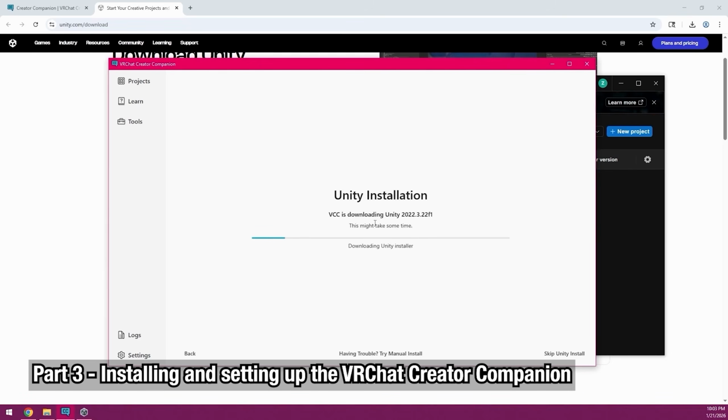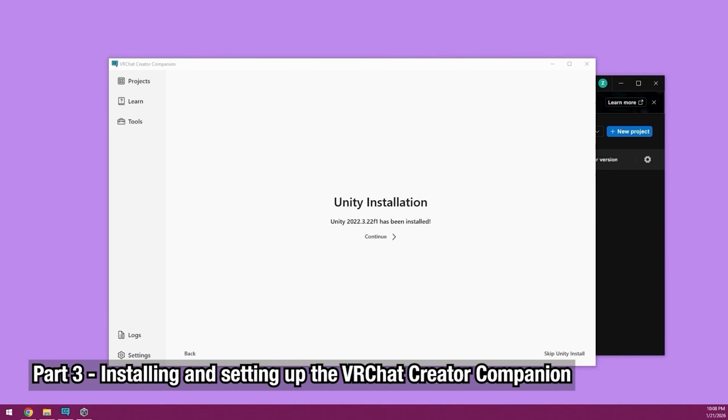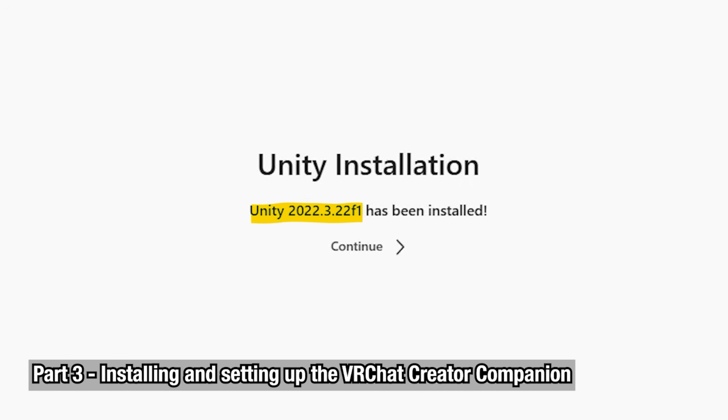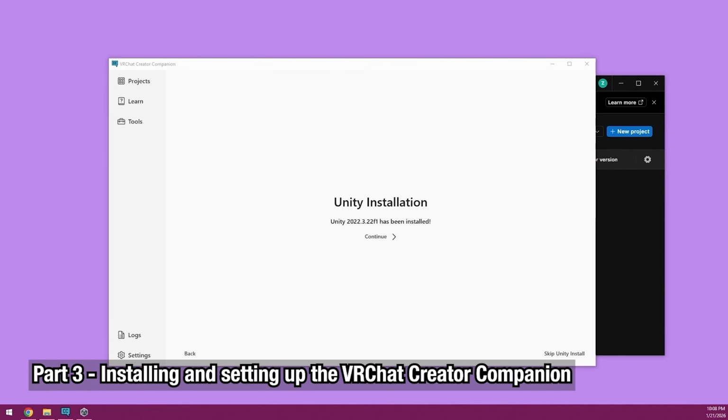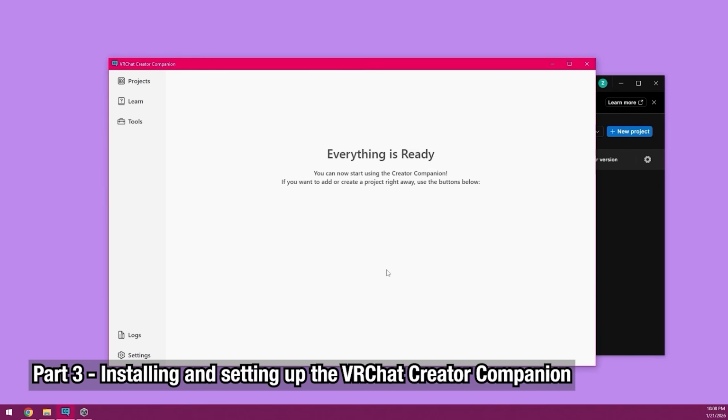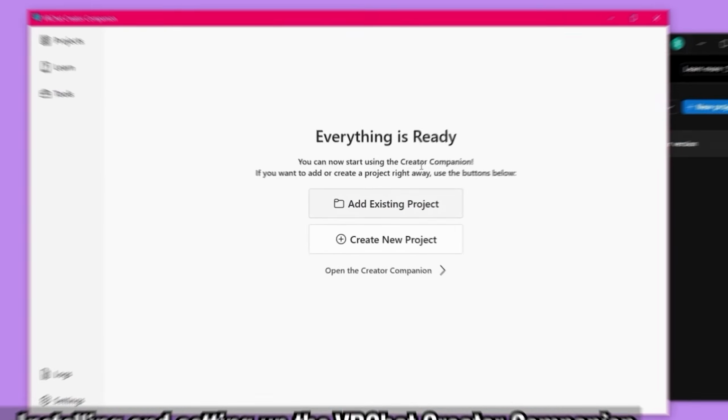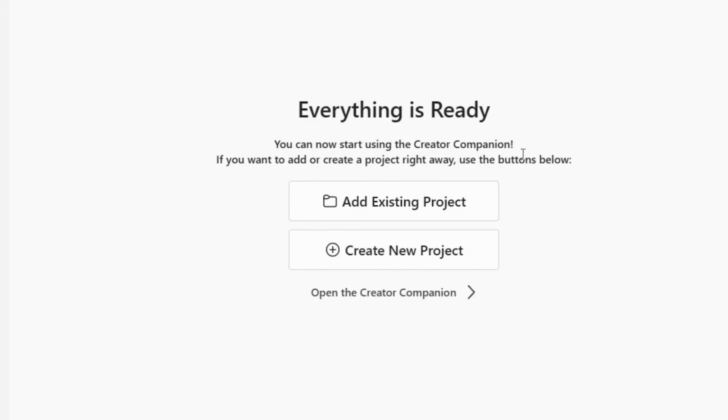Once it detects the Unity Hub and has a path to the program, it'll ask you to install the currently supported Unity version, which is 2022.3.22f1. This may change in the future, but as of recording, this is the most up-to-date version for VRChat. After it's done installing this version of Unity, you'll be brought to a menu informing you that everything is ready, and that you can either start a new project or add an existing project depending on where you are in